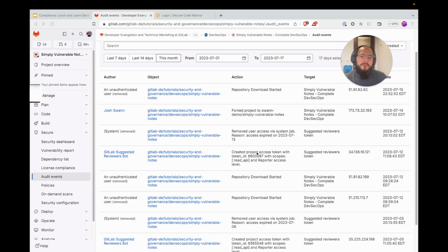But you can also stream these events, and by streaming these events, you can use a third-party tool or create your own parser to then generate alerts anytime one of these events occurs.